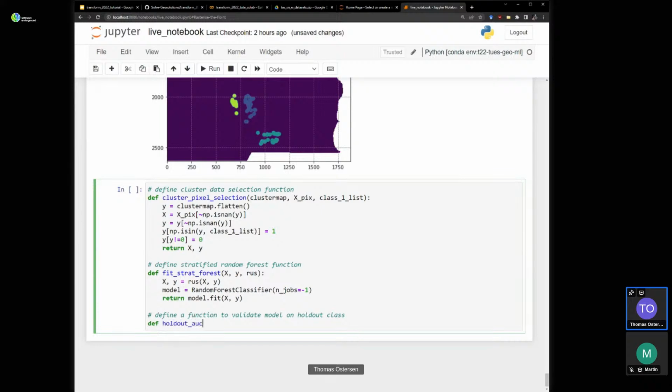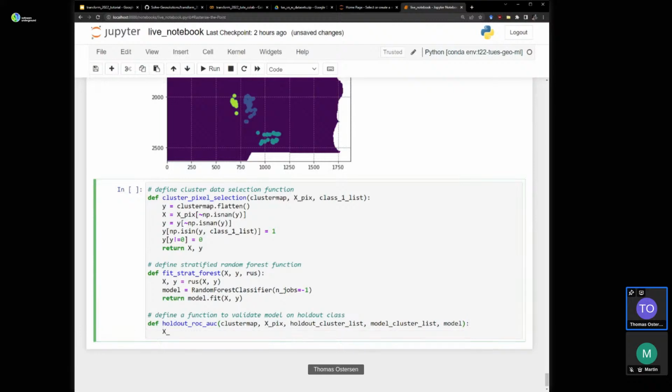So let's do that. It takes cluster map, takes the X pix, takes holdout cluster list, model cluster list, model.